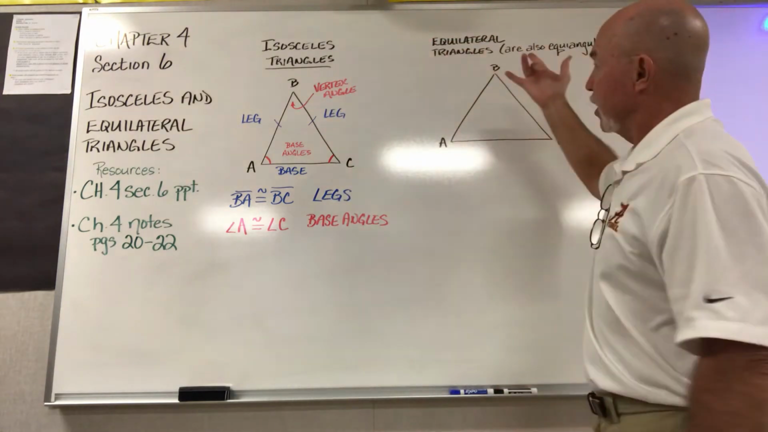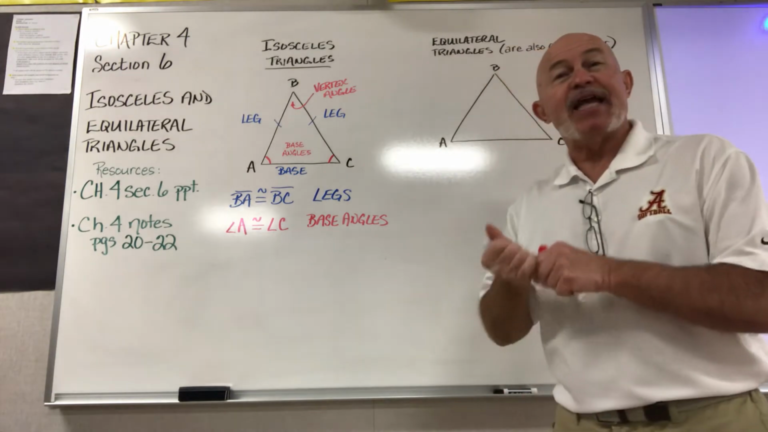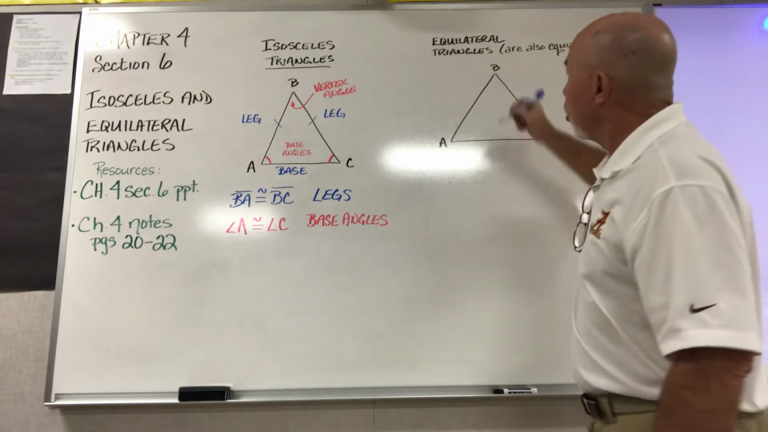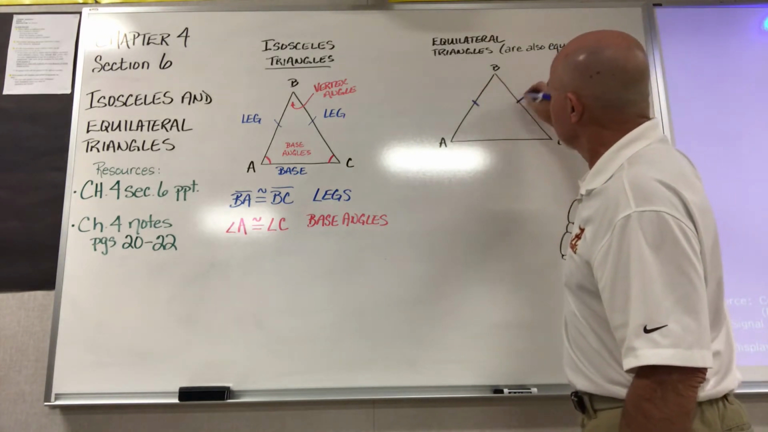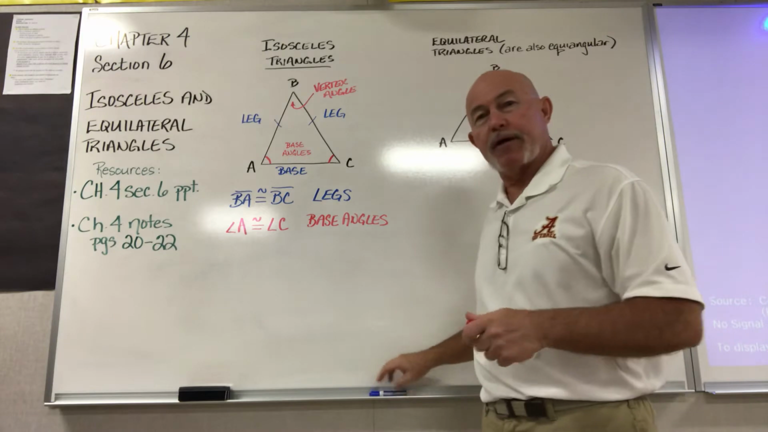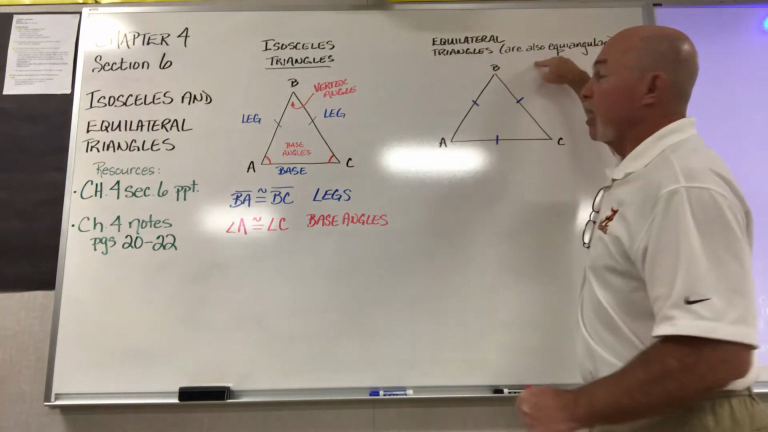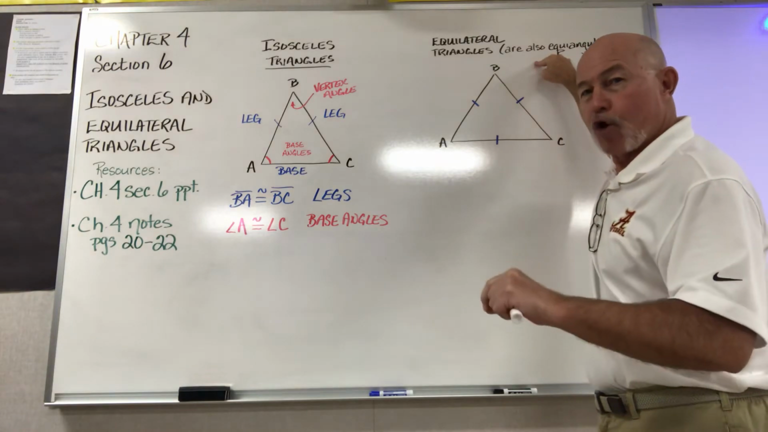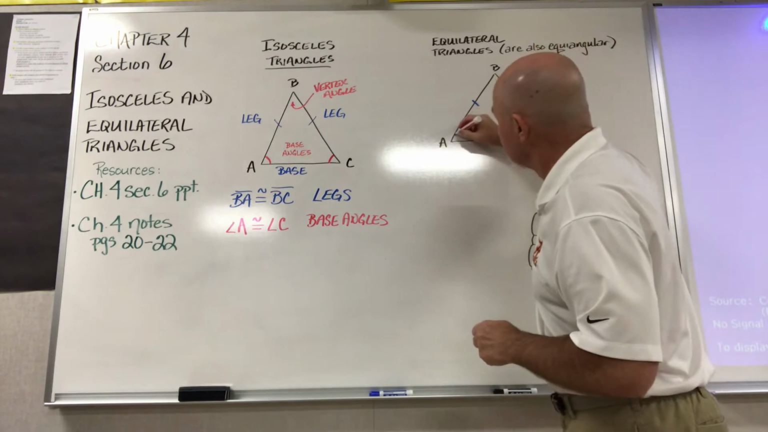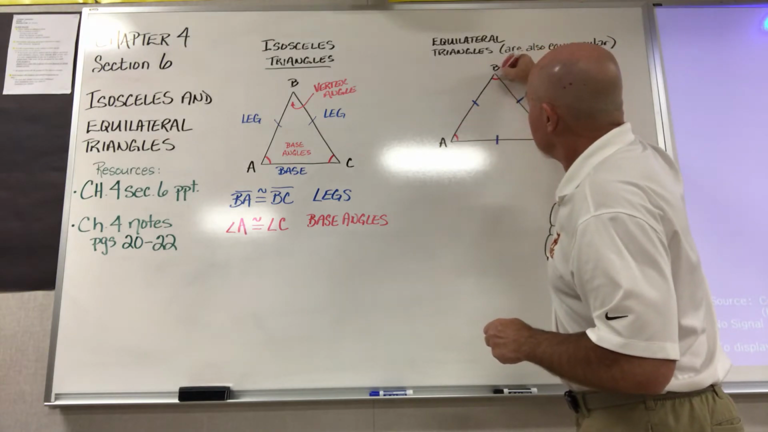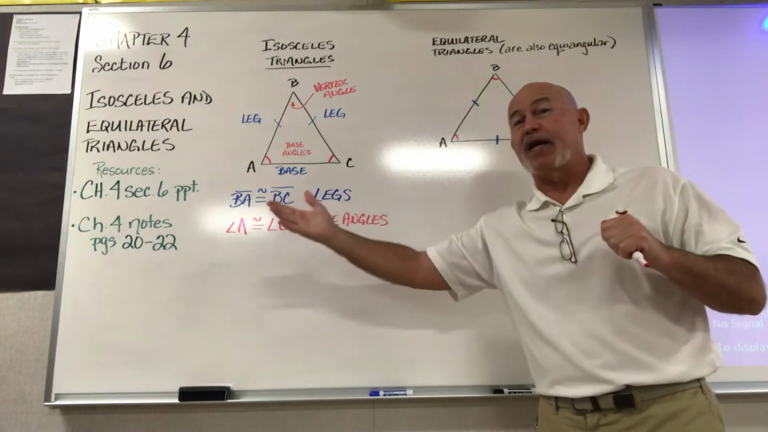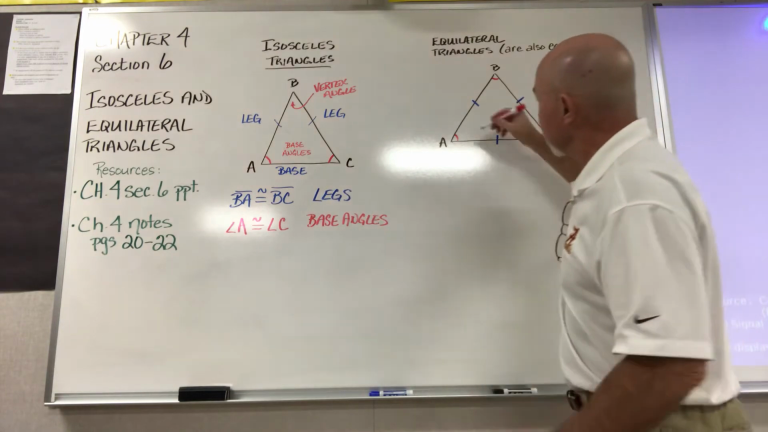Now, equilateral triangles. As the name implies, equal, lateral, side, all of the sides are equal. They're all the same length. Nothing more to deal with there. Now, the other part of this is equilateral triangles are also equiangular, which means all three angles have the same measure. And that's really easy to figure out. If all three of them add up to 180, 180 divided by 3,